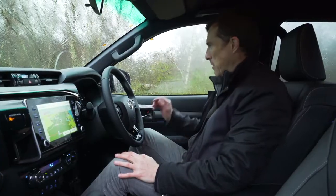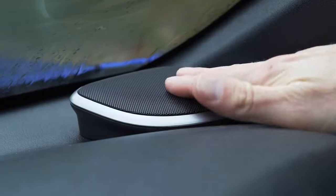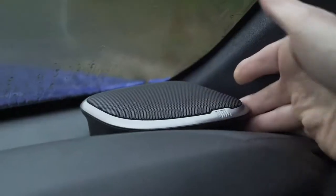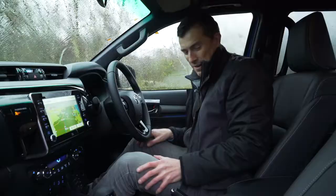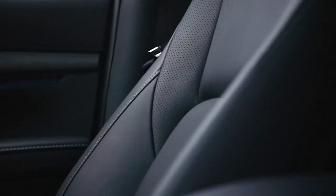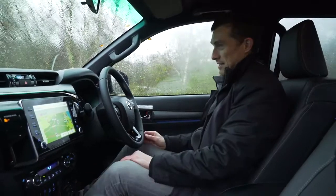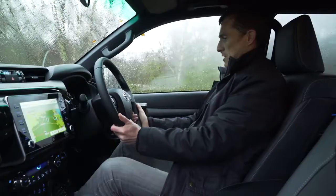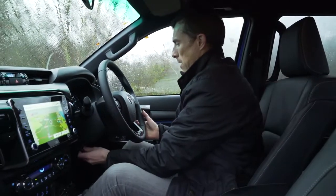Another thing you get on the Invincible X are these speakers, a JBL sound system. Though these just look like Bluetooth speakers that someone has stuck on the top of the dash. I can't complain about the leather seats you get in the Invincible X, and they're electric. Oh, and heated. That's good on a day like today. And it's quite easy to get an ideal driving position because the steering wheel does telescope and move up and